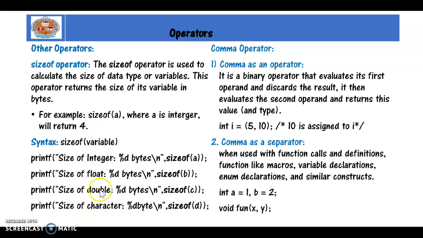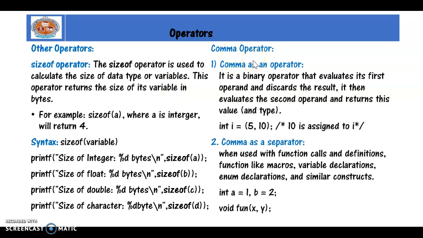To do this, what I need to do, I have to declare int a, float b, double c and char d, right? These are the things I need to declare before using them. If I use any variable in my program, it must be declared in my main function or in the global declaration section. And then there comes the comma operator.